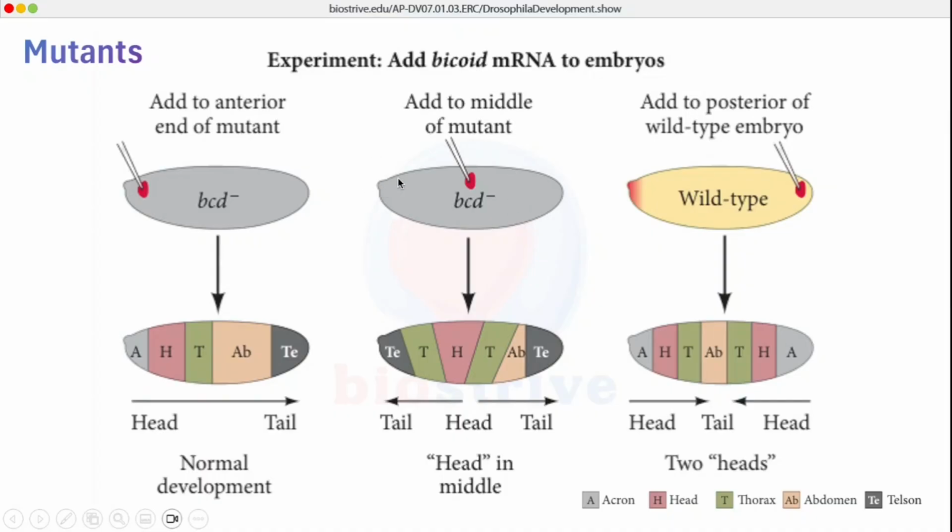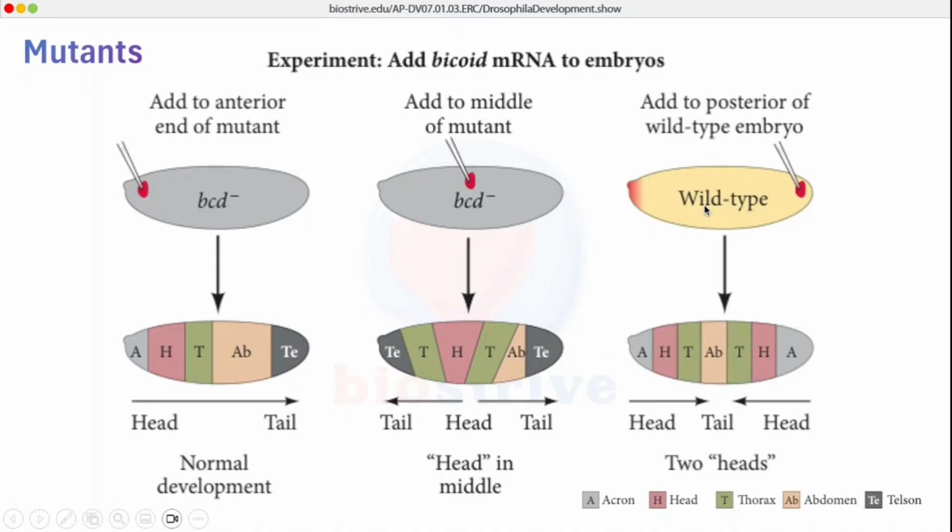But at the anterior end, acron is present, but there is no Bicoid, and if Bicoid is absent at the anterior portion, the default fate will be that of telson, and we will be seeing the head in the middle due to this Bicoid concentration, and two tails at the anterior and posterior prospective structures. So we have the head in the middle, and there are two tails at these two